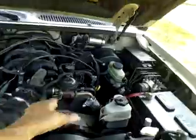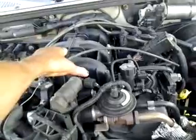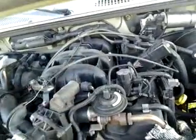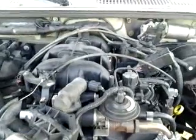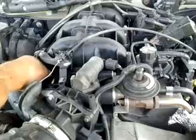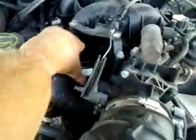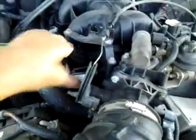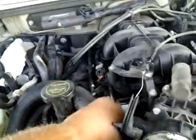I changed my valve cover gaskets, and I had the intake off when I changed the thermostat gasket. I changed the upper intake things. Recently, I changed these two hoses here. The coolant hose that comes from the top of the thermostat, the bypass hose that goes into the heater core. And I replaced this